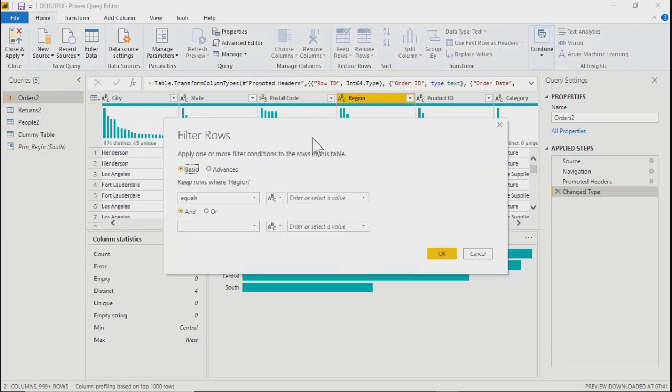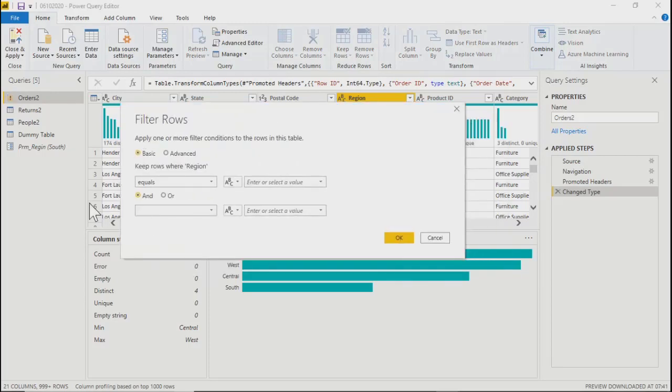When I click on equal, you get the same options you used to get in filters, basic or advanced. Basic filter simply says equal to, you define your value and you are done.